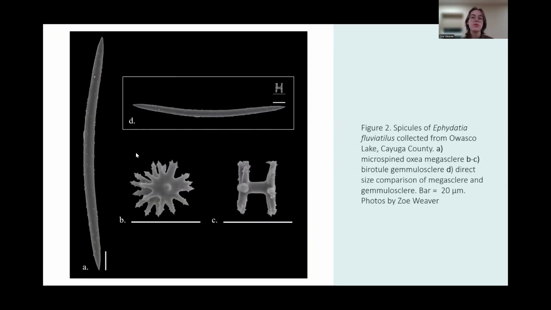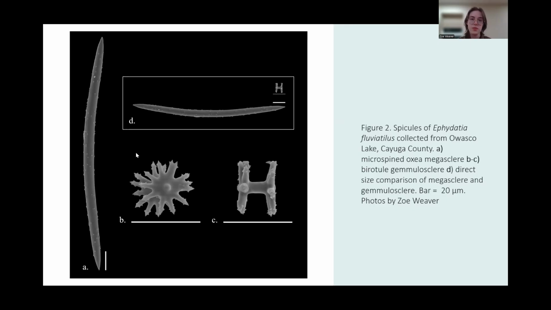So this is an example of what a figure might look like that goes into the catalog. This shows the different spicule types of one species, Ephydatia fluviatilis. This is from one sample that was collected in Owasco Lake in Cayuga County. So it shows the different types of spicules that you can find in this species. A shows the megasclere, B and C show the gemmosclere, and D shows a size comparison directly of the two next to each other, so you can get an idea of what you're looking at and what